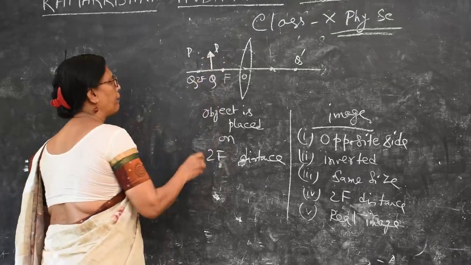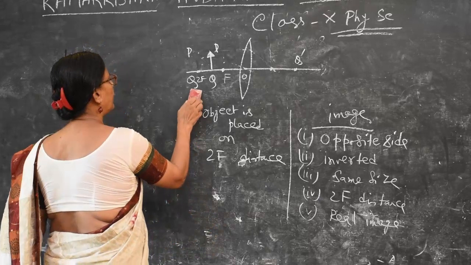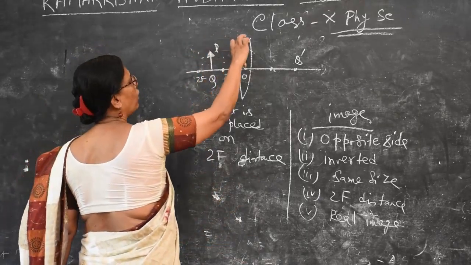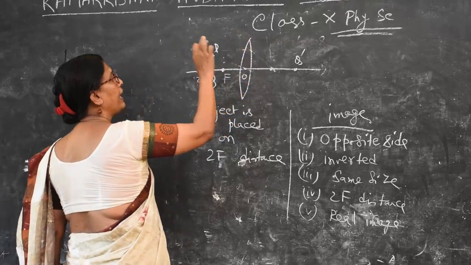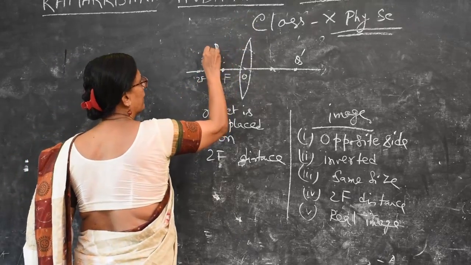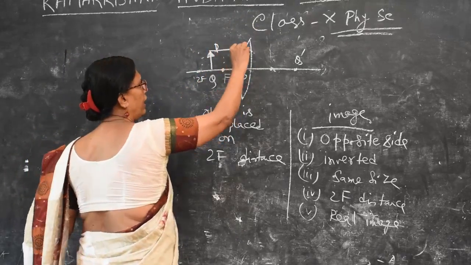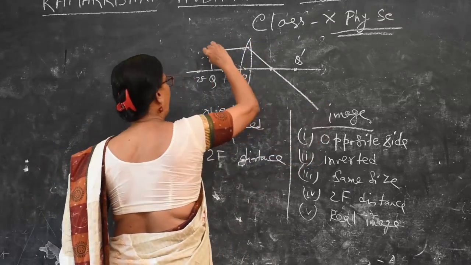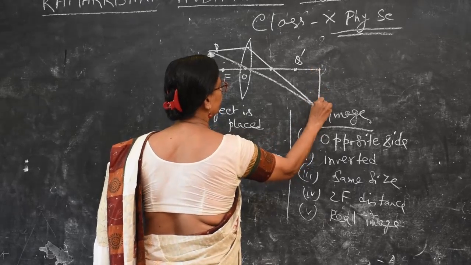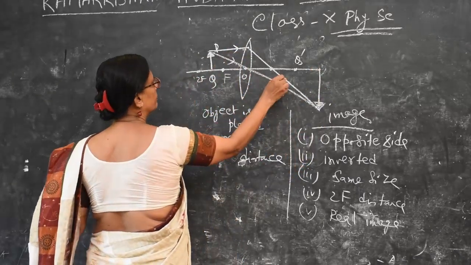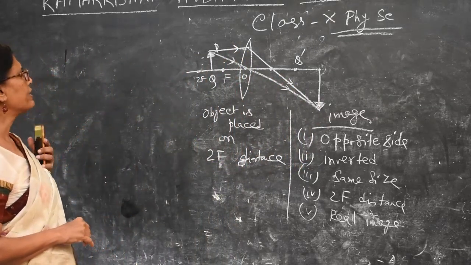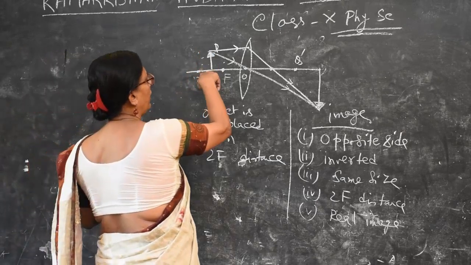Before drawing it, be very cautious: we should not cover up the tip of the lens. The size of PQ must be less than half of the lens. Keep in mind that point P should not cover the tip of the lens. So one ray is from here and from the F, and the other is through O here. One ray goes this side to another, the other goes that side to another. Please see this one. PQ is our object.